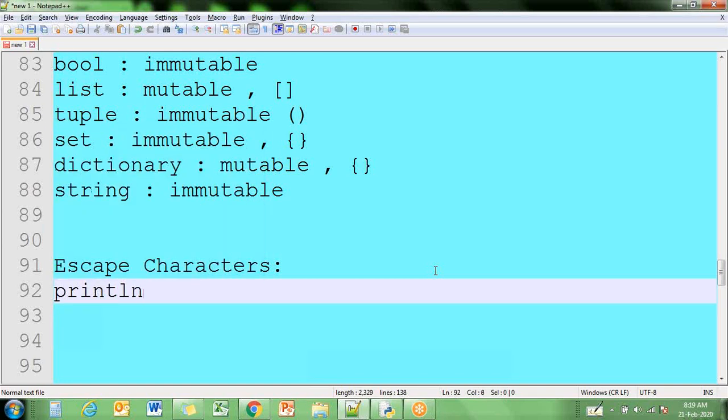In Java, if you remember. So in case of Python, what we will use is